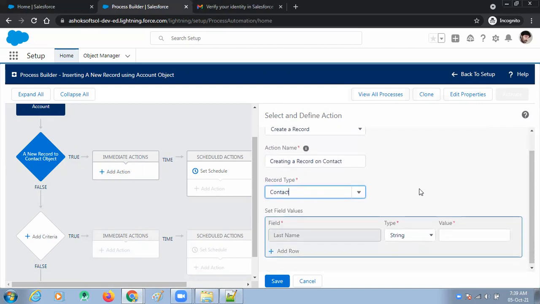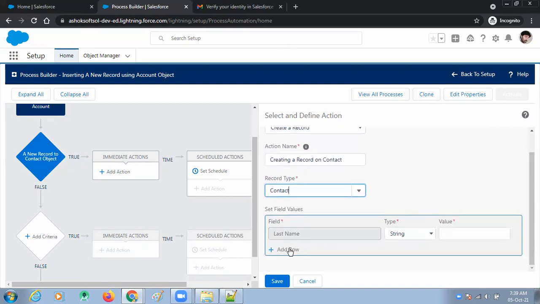Select contact. So first one field is populated. What is this field? It is a mandatory field. So that's why it automatically populated here. You must enter these values first. Next, what type of value can we insert here?